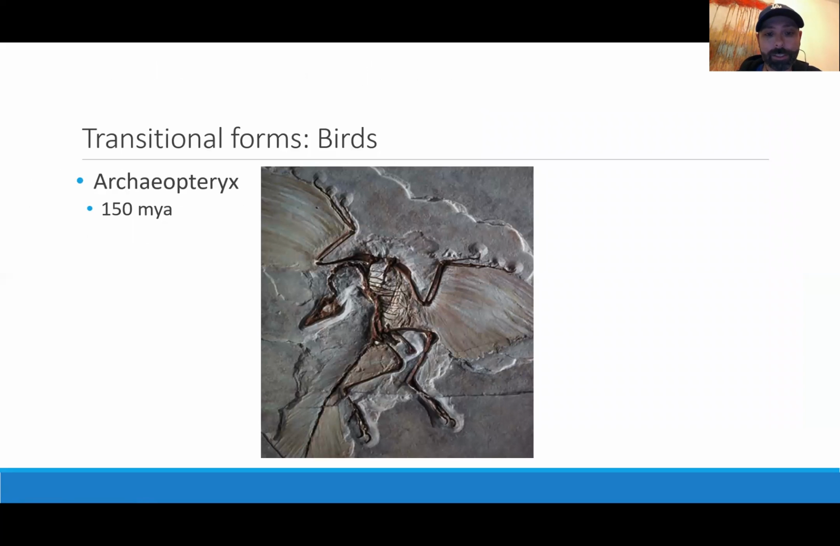The last one here is the transition from dinosaurs to birds. Birds are actually classified as dinosaurs now. When the dinosaurs went extinct, not all of them went extinct, and the small ones in particular that probably had feathers turned into birds. Of course, that was just a hypothesis for a very long time until this fossil